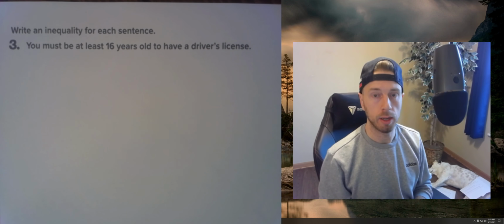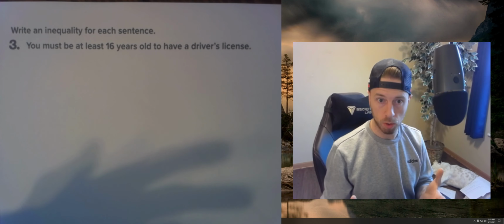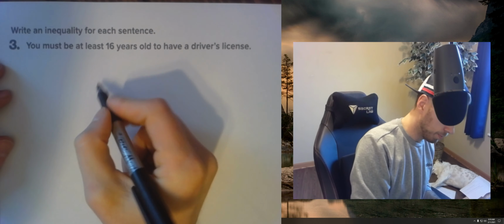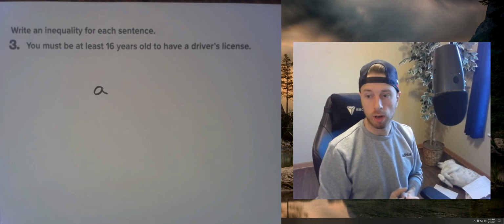So how do we write an inequality to show that? Well, let's start with a variable. Let's say A for age. And in order to have a driver's license,